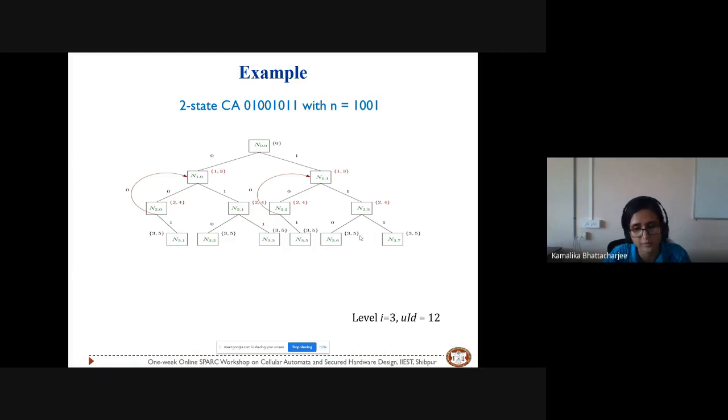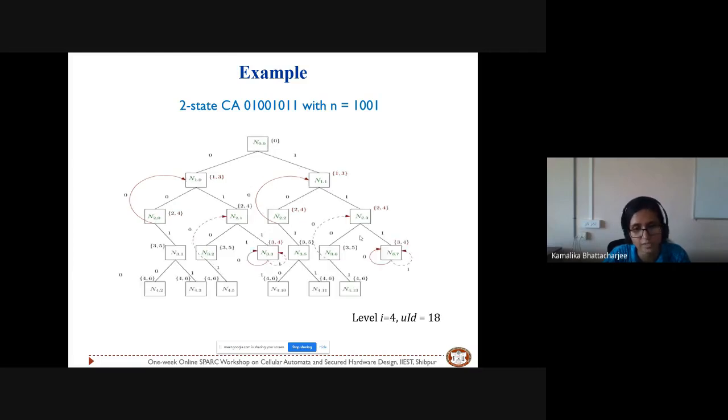This is up to level 3. Now what will happen in level 4? Let's see. For level 4, again we get some new unique nodes and some duplicate nodes. For example, here one duplicate node was there, for which we are getting another link. But this link is already done by the previous loop, because here 2.4 was already there, 3.5 was already there. So it is irrelevant. So we are not using it, we are discarding this loop.